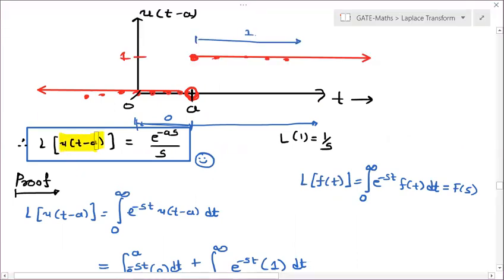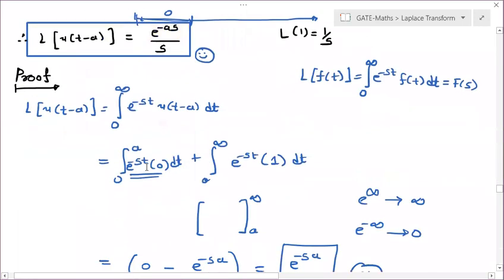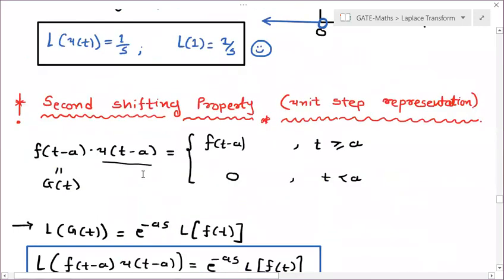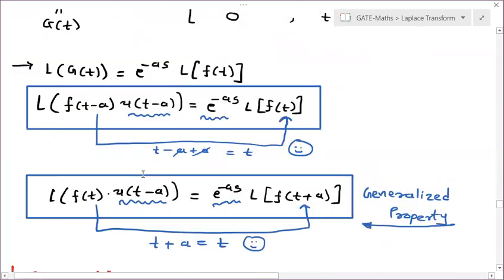For u of t minus a you should write e to the power minus as. Now after that we are having nothing but 1, then Laplace of 1 is 1 by s. So with the help of this you can remember both formulas. Whenever you are remembering u of t minus a, it is e to the power minus as, and then